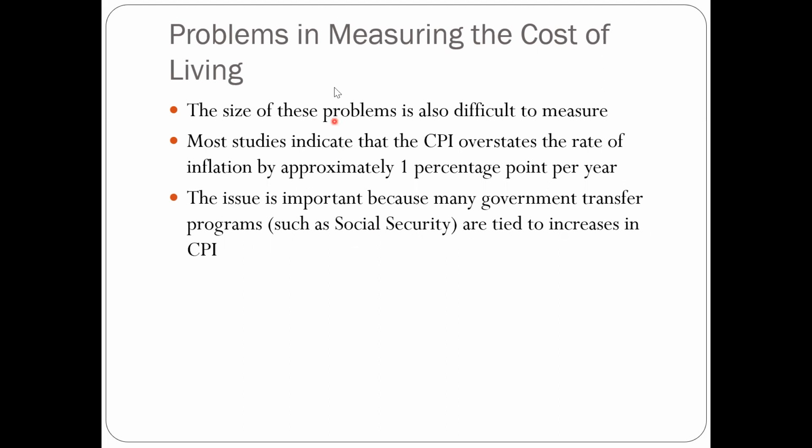And of course, we have some problems when we use an index like the consumer price index, because the CPI overstates the rate of inflation by approximately 1 percentage point per year. So with the consumer price index, we can't have a guaranteed inflation rate. We can't get a typical inflation rate by using only the consumer price index, because of substitution bias. The components may change and the inflation rate could change from the percentage change of CPI.